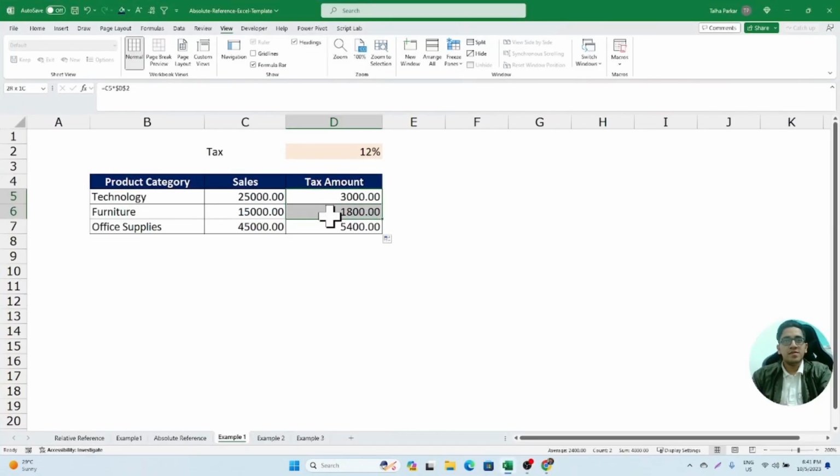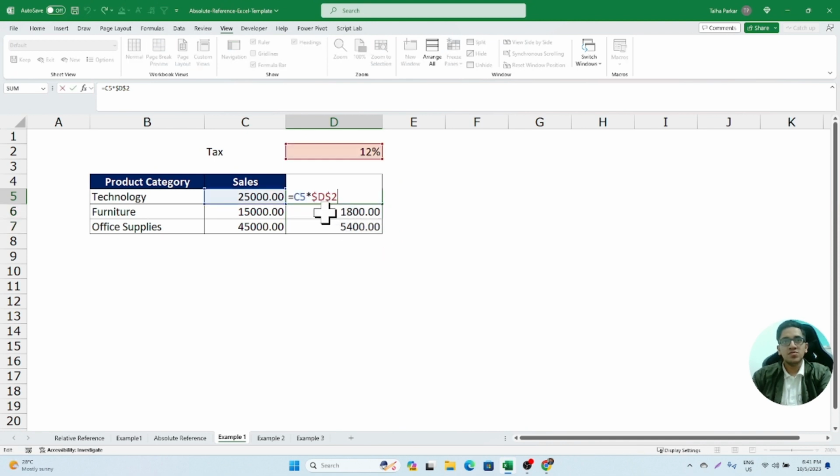So we understood this, wherein we used the absolute reference on one of the cell addresses. The other one we did not use it. It was relative. Coming to the second example,